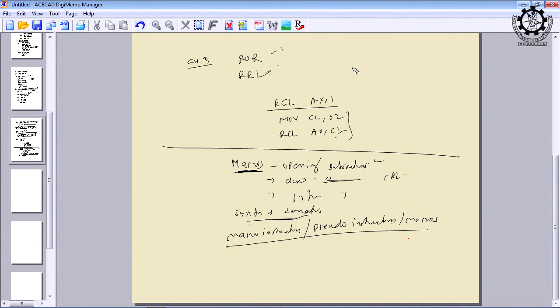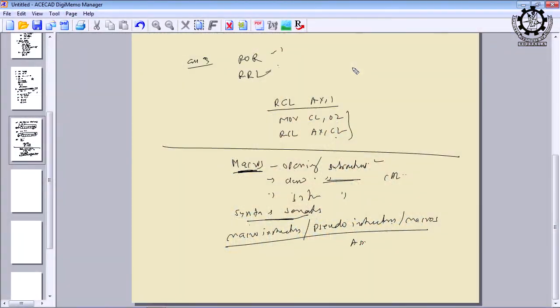Is it okay? So, next class we will see the different types. Another term is also used, but because different books follow different terminologies, we should avoid that confusion. So, assembler directives. All four have the same meaning: macro instructions, pseudo instructions, simply macros, assembler directives, or open subroutines. All refer to the same meaning. Am I clear? So, we are interested to know what different macros, or assembler directives, are available in 8086.